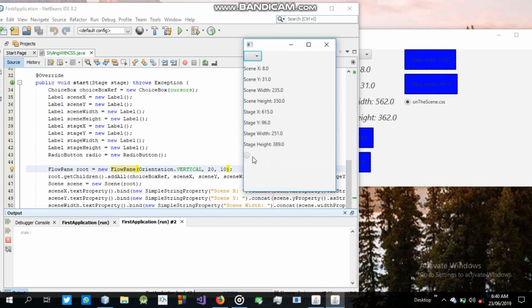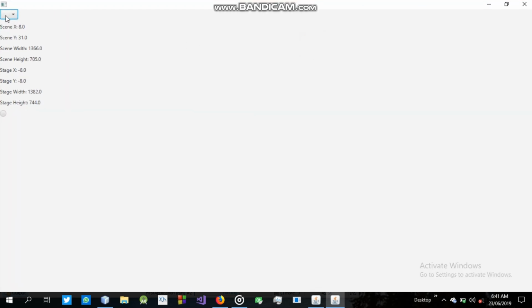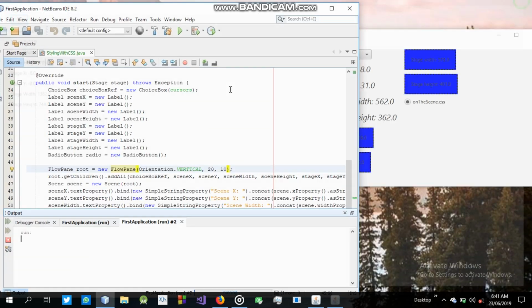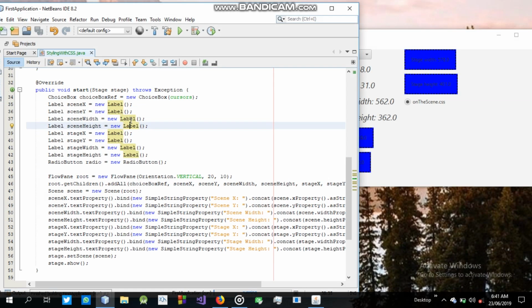So next is we need to give this radio button a name and give this a selection, text, and then bind. Okay, so let's do that. So radio button, let's give it a name. Let's give it the name of the CSS that we're going to be using. So fx css, let's call it fx css.css, and the choice box,